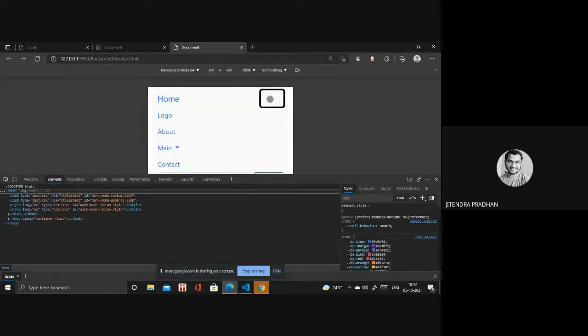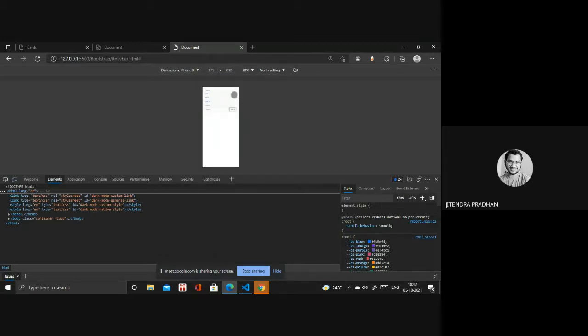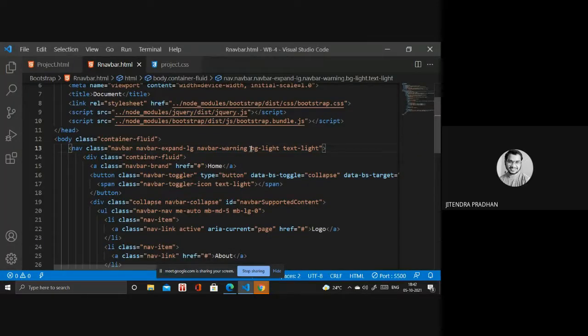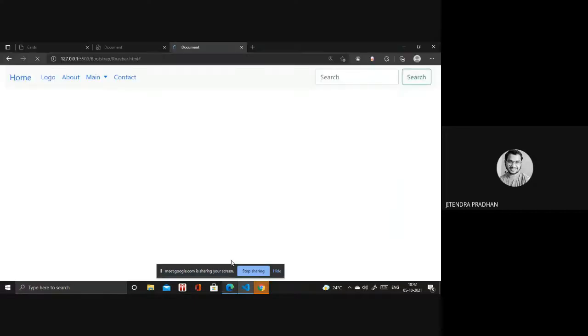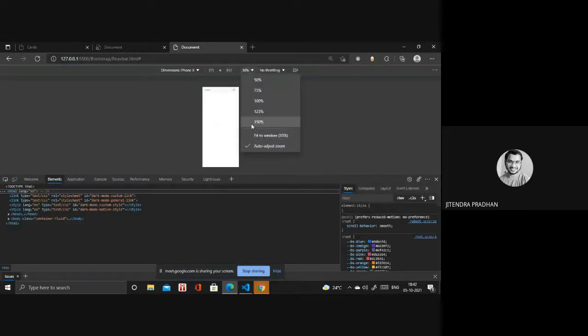Okay, so we are getting that logo inside. If you want to open that website on any mobile device or any iPad device, then it shows in that form. When I close that button, it will close and open, close, all these things are there. So first, we are creating that part. Let's see how it looks. Yeah, now it looks better compared to the other. Have you observed that one?